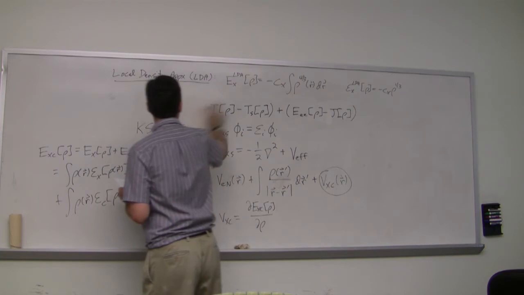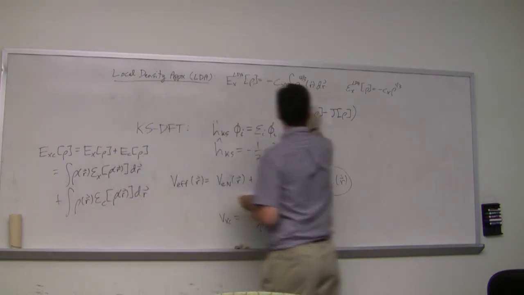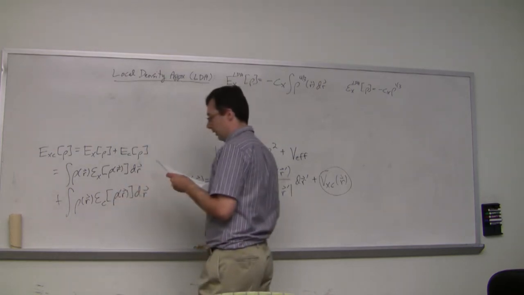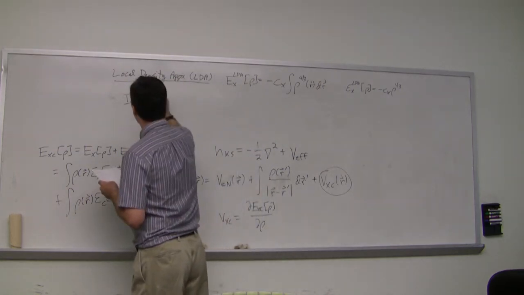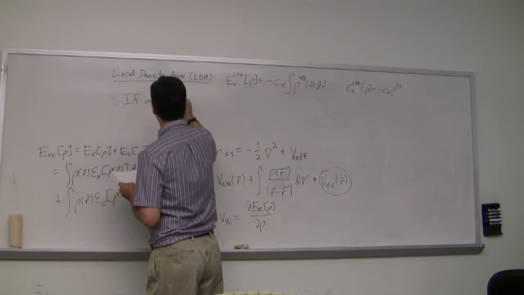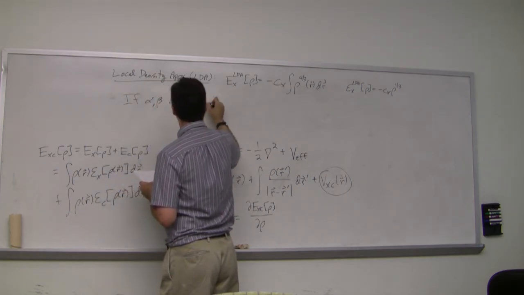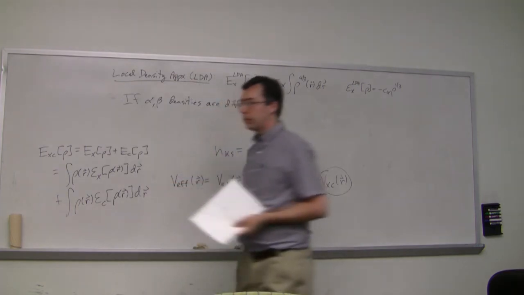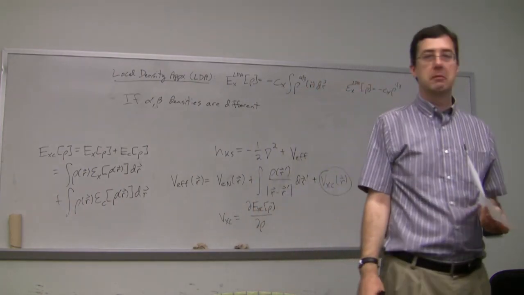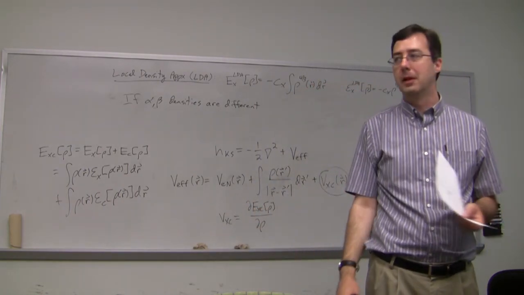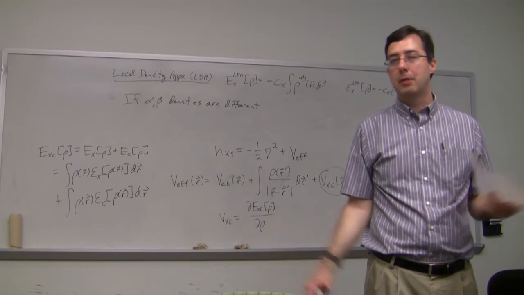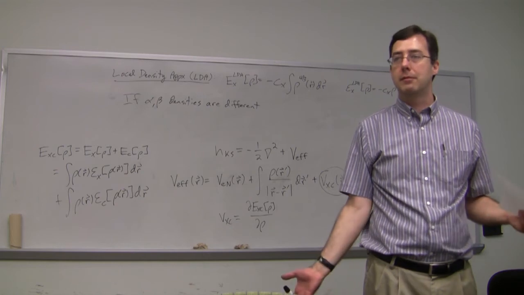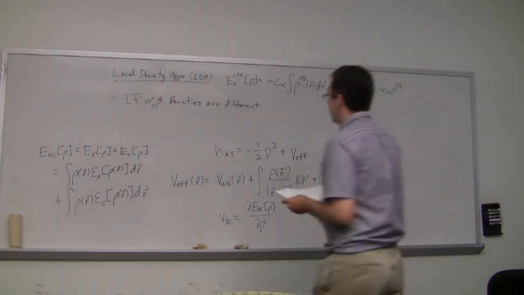I haven't said much about spin, and I won't today in the interest of brevity, but maybe for this one case, I will say a little bit about it. If the alpha and beta densities are different, when would that be? Well, if it's a closed shell molecule like methane or ethane, they'll be the same. But if you have an open shell molecule, like you rip an electron out of methane or something, and you have a radical, then alpha and beta densities will be different. So in a case like that,